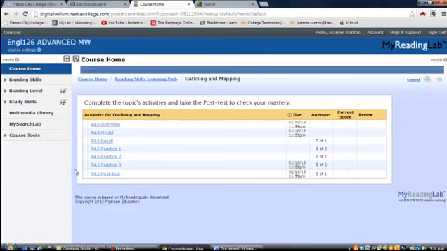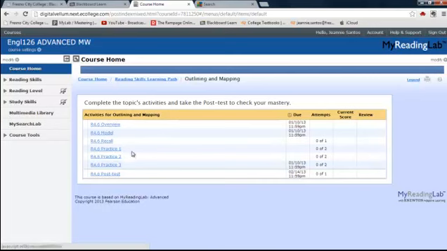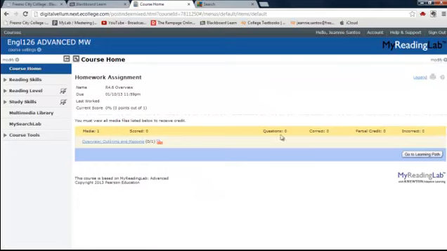So if there's no due date, it's optional. It may be helpful. Notice that this post-test, I wouldn't suggest doing it yet. You only get one chance, and it's 75% of the total My Reading Lab grade. It's later because the upcoming modules will help you with that one. So if I click on the overview here,